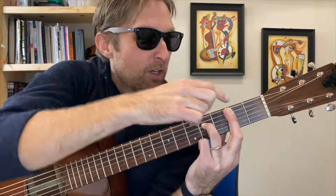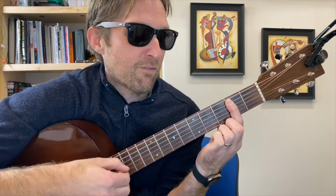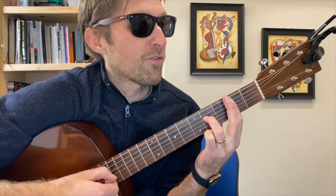And then this is where it gets stupid. Your pointer finger needs to smash down and get the 2nd fret of the G string right there. So now we've got pointer finger plays 2nd fret on the A string, ring finger plays 4th fret on the D string. Then your stupid pointer finger has to play 2nd fret on the G string. It's just gonna be hard. It's gonna sound like this for a while. That's okay. You're gonna be fine. Just let it sound like that for a little bit,